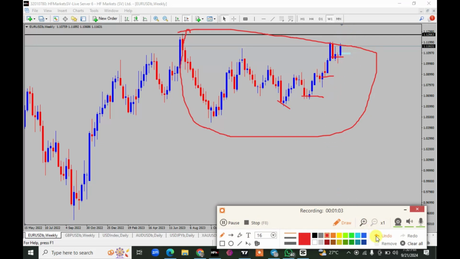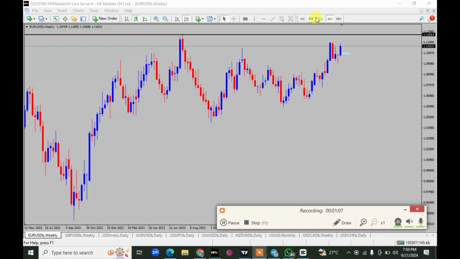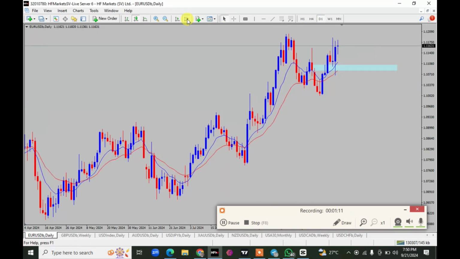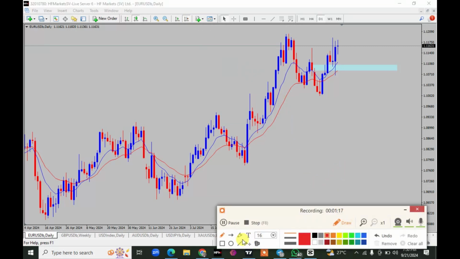So let's look at the daily chart of the EURUSD. On my daily chart, EURUSD is still currently in an uptrend. So long as we have this uptrend structure on the EURUSD, we are expecting price to continue to push higher